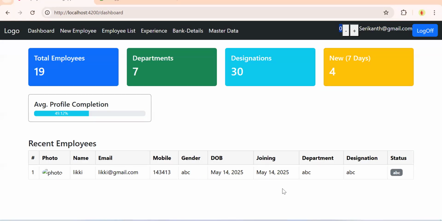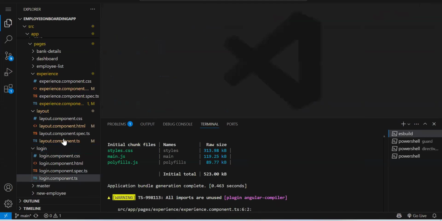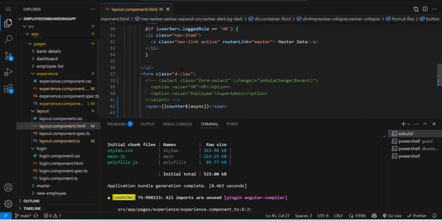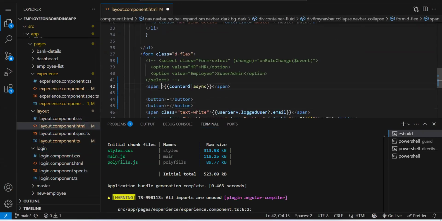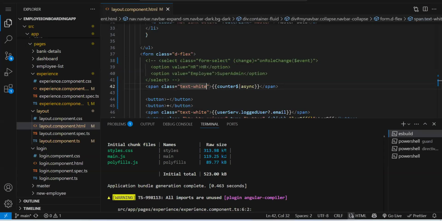Okay, 0 is there. I think it doesn't have that color. Okay, so see 0 is there. Why is 0 coming?